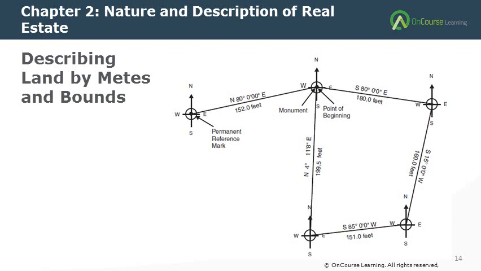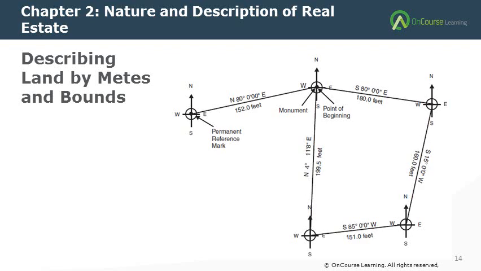Metes means measures, and bounds means boundaries. This is a detailed method of land description that identifies a parcel by specifying its shape and boundaries. Thus, for this to work, the description has to have measures and boundaries. And if you look on this slide, there is a description